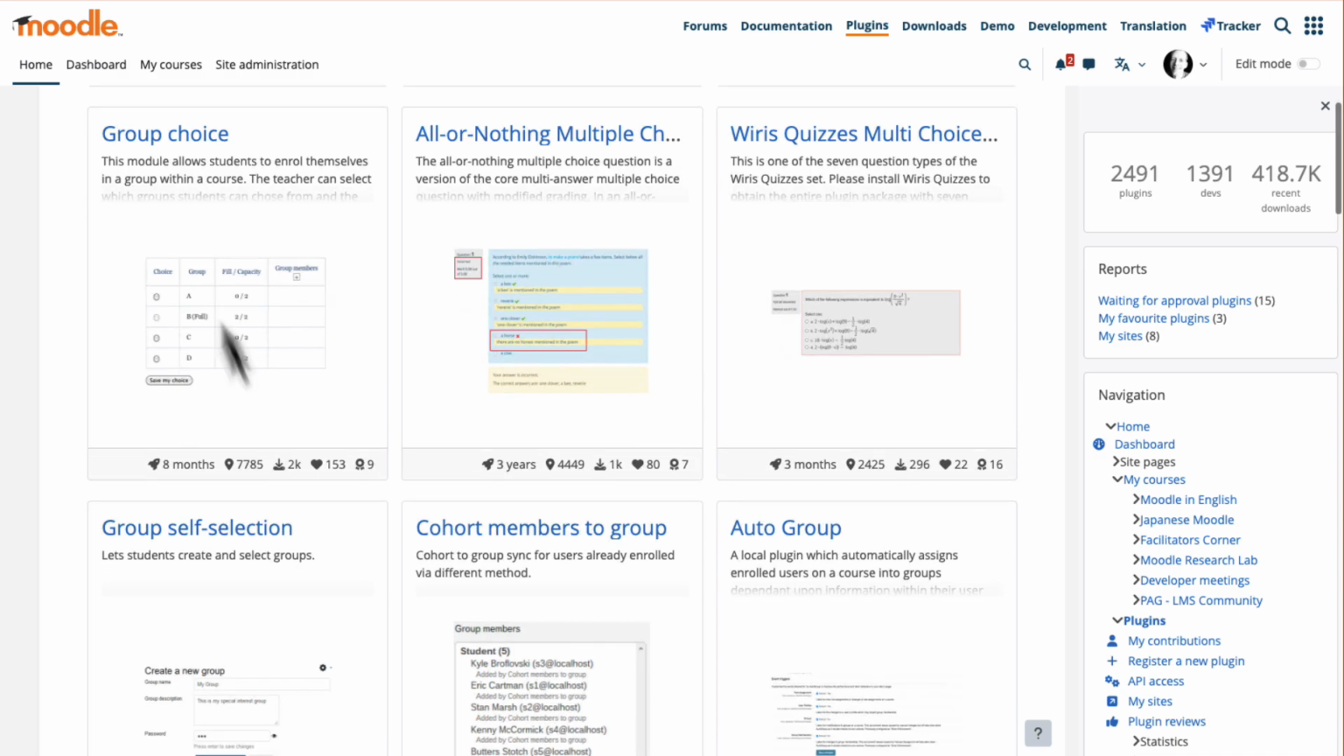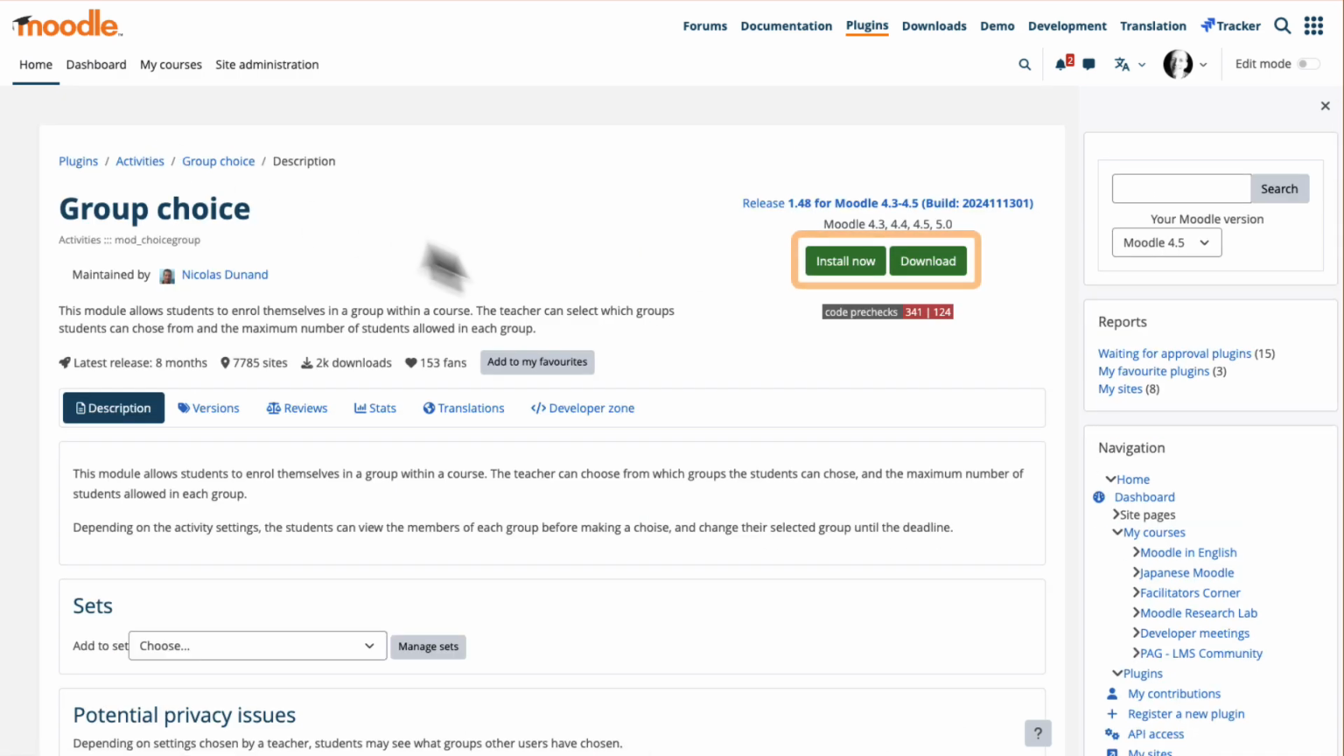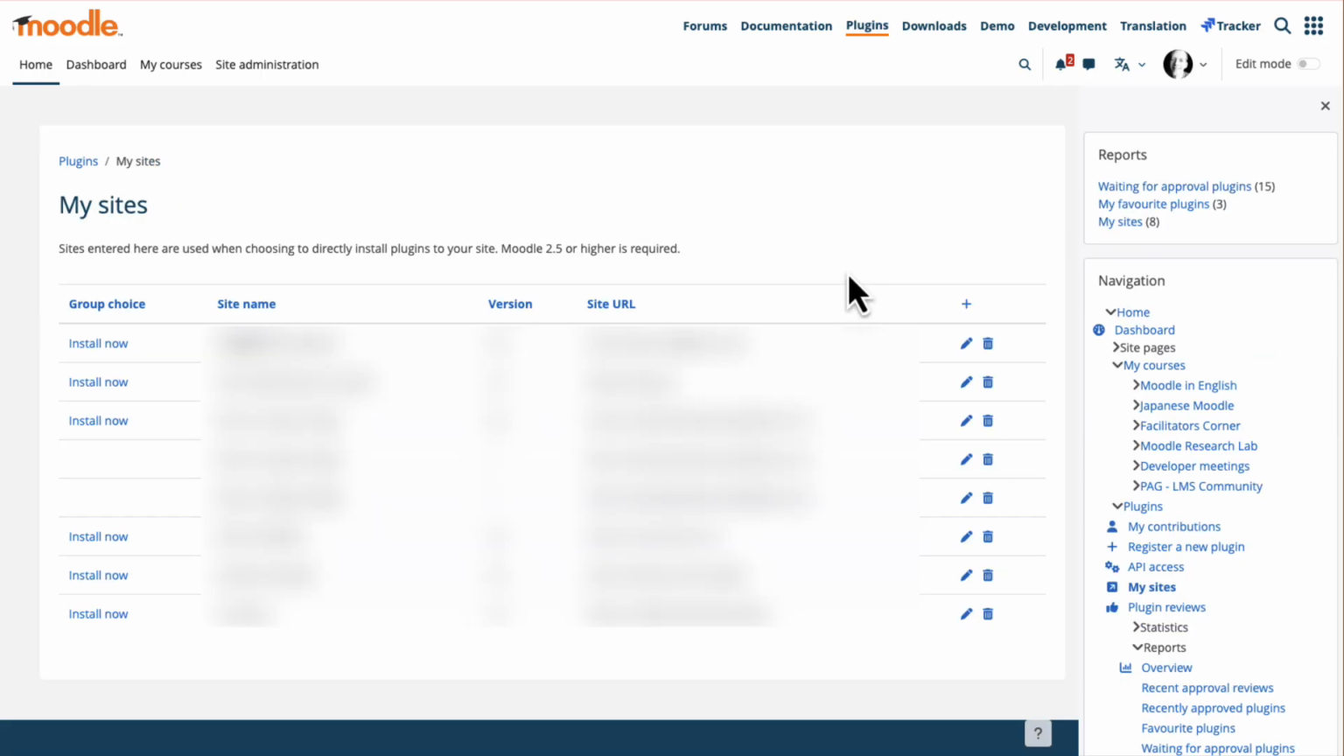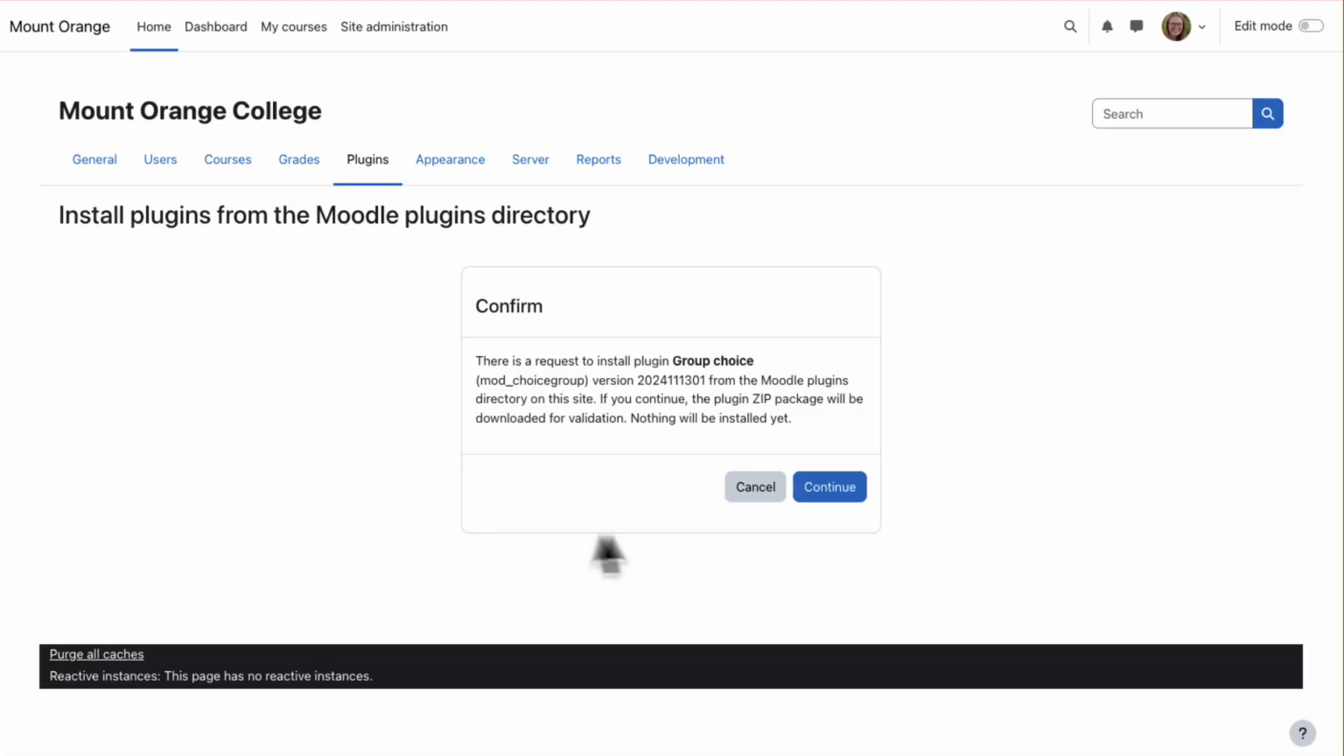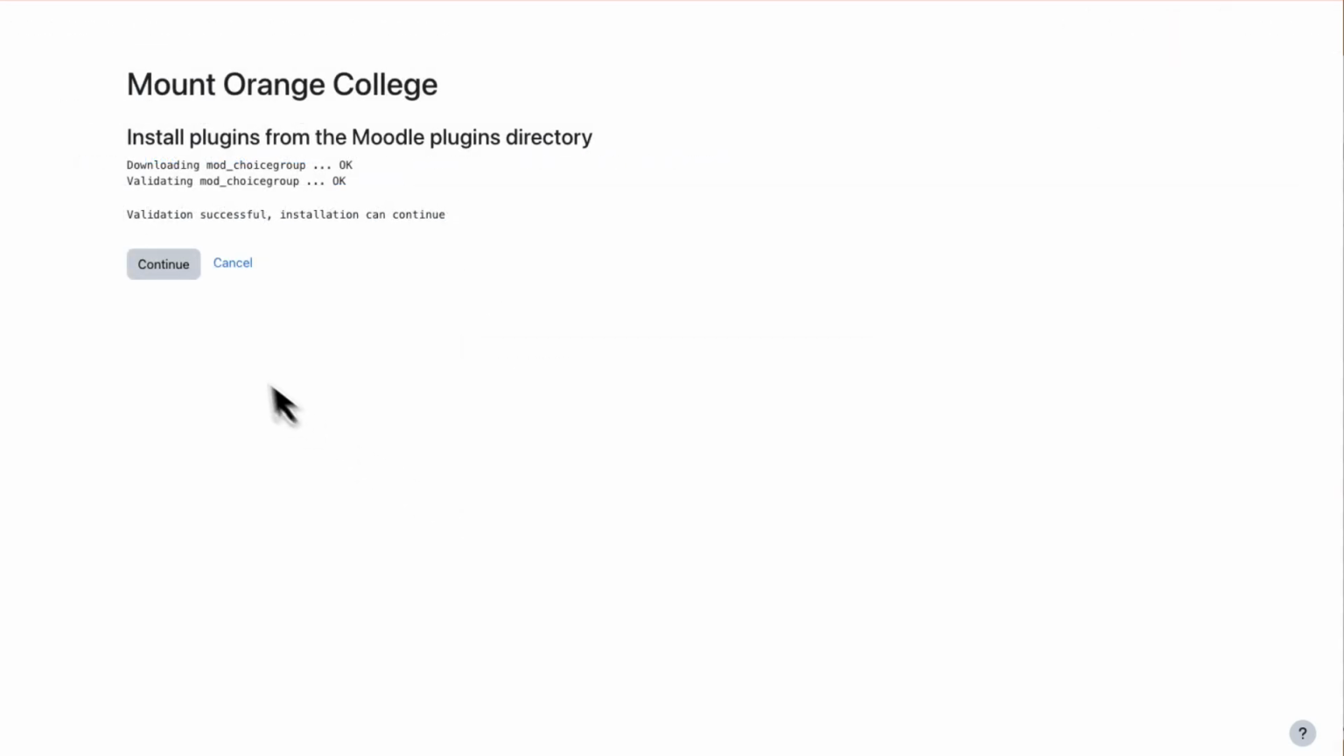If it's up to date for our version of Moodle, we'll see an Install Now button. When we click on it, we're prompted to click to install it into our Moodle site. If we're managing more than one Moodle site, the others will be listed here too. From our site, we are asked to confirm we want to make the installation, and when we press Continue, the